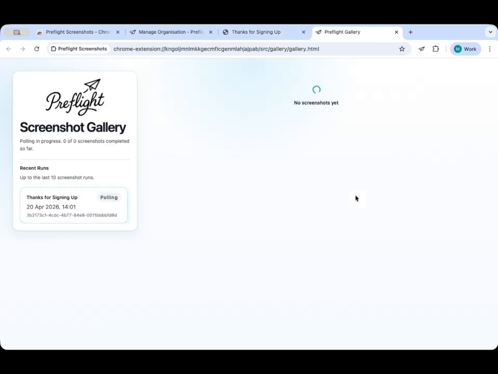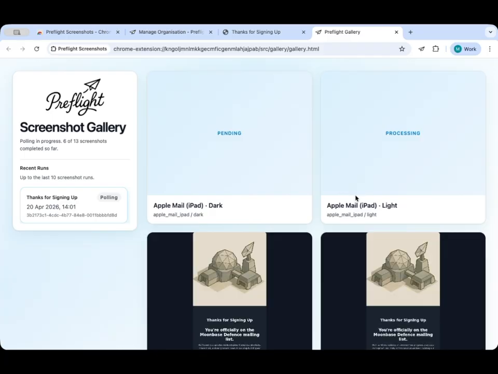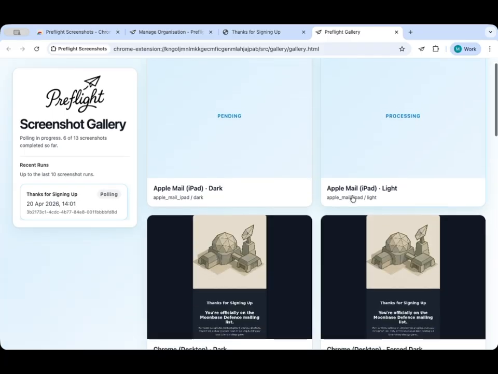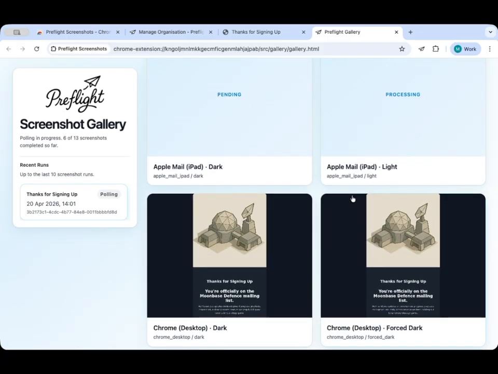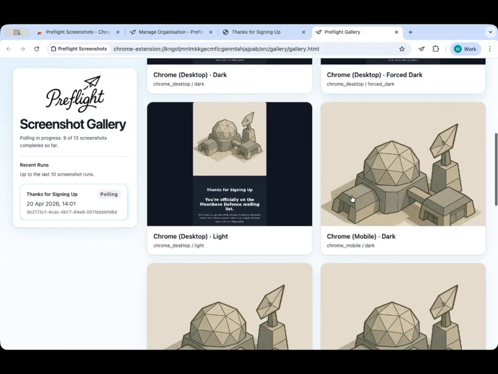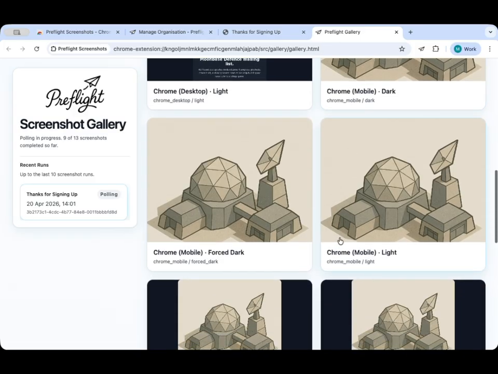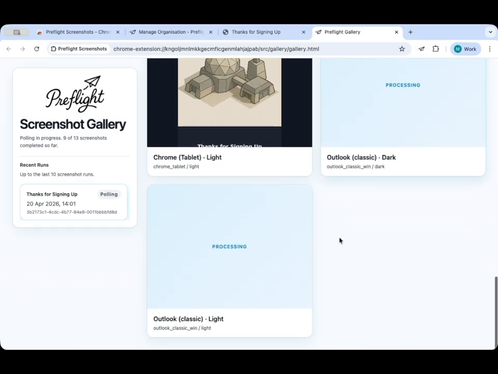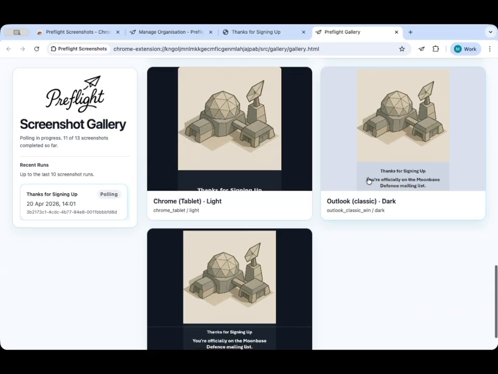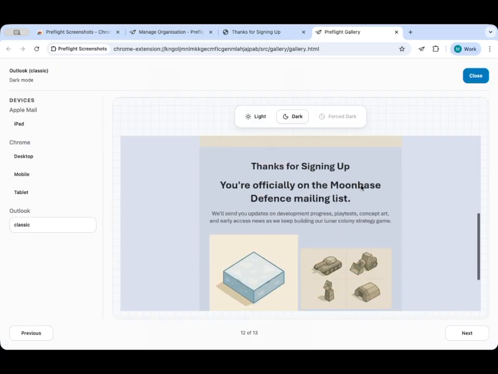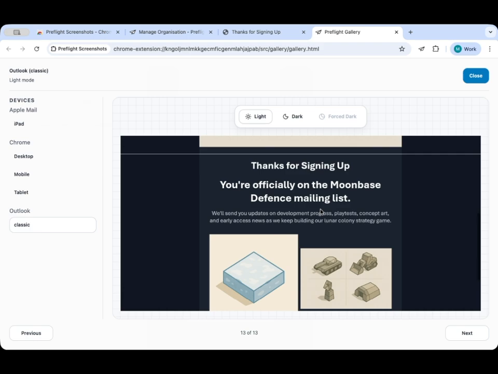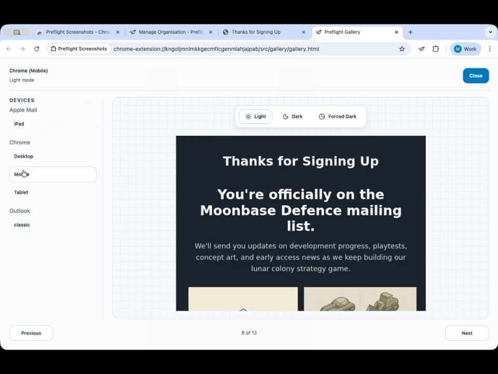This will then open a screenshot gallery, and what's happening behind the scenes is we're making an API request to Preflight. It's going to go and ask Preflight to generate a bunch of screenshots for us, and that's us now getting them back. So we've got a few Chrome screenshots already. If we scroll down this list, we can see the various resolutions and modes. We've got Outlook waiting to come in. Oh, there it is. So this is Office Outlook, desktop, Windows, in dark mode and light mode,